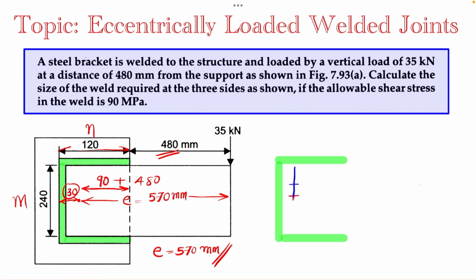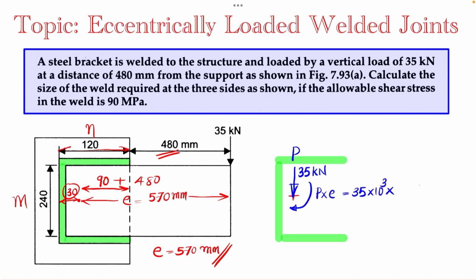So the next step is to transfer the load to the CG. We will have the load of 35 kilonewton magnitude, which I can call P. It will act as a direct shear load for the weld section, and the effect of the same will be taken later. Along with this, a couple or torque is also acting, and that value is P into E,